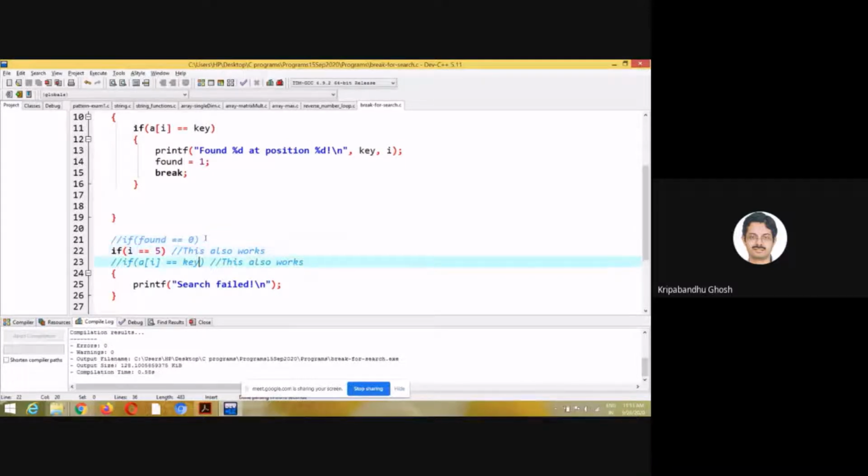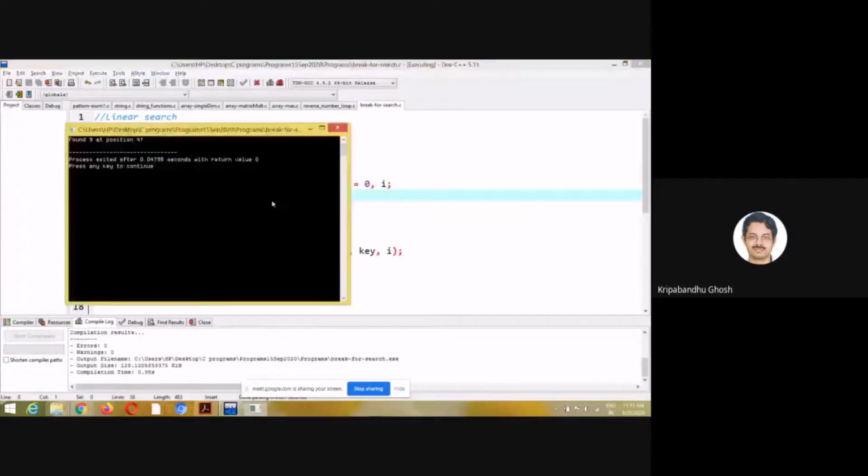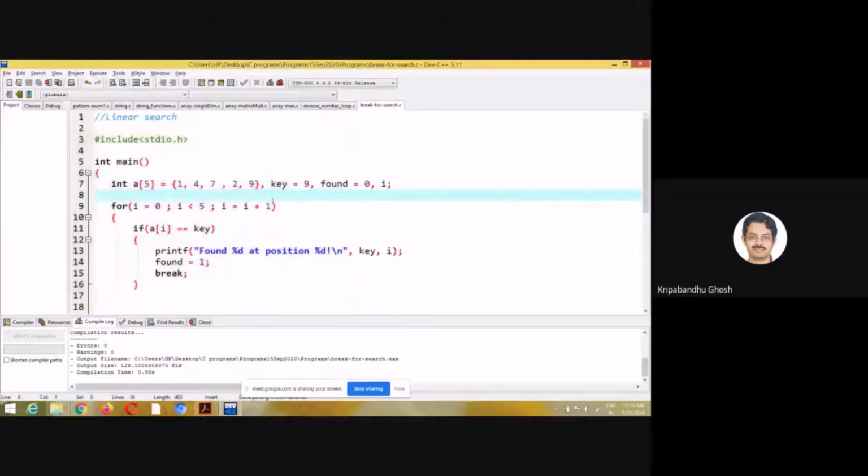But several other things can happen. You can check again if a[i] equals p. If this is true, then the search is successful, because that's why we have come out of this. So it is important to see that even if the element is at the end and we run this particular algorithm, it will work and it will terminate at this point when i was 4. In this case also, when the key to be found is at the end, i will never reach 5.